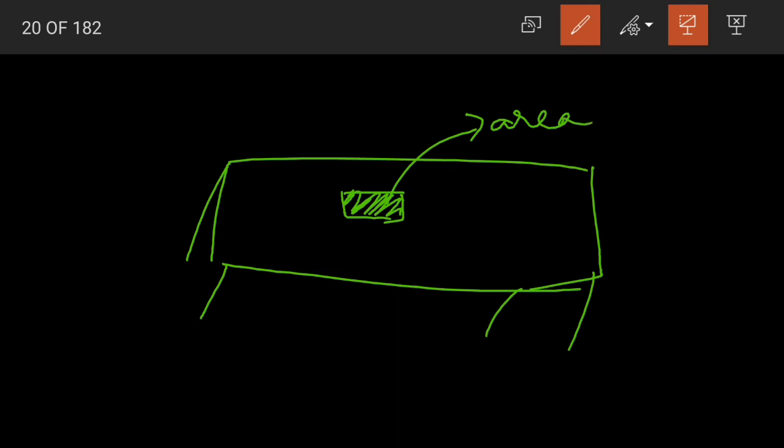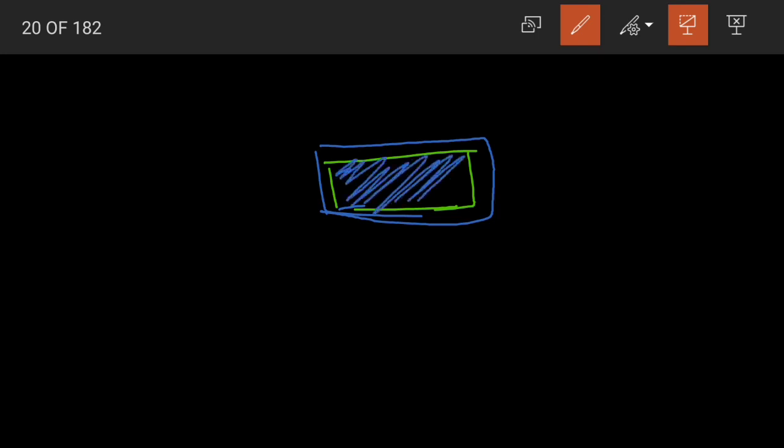See, even when I am talking also, what am I saying? This area is occupied. The word area means the place or the amount that the given object is occupying. For example, see, this is our eraser, right? What did we learn about perimeter? This bordering line. The bordering line is nothing but the perimeter of the given object. What about the area? Area means the space it is occupying. That means this inside part, the whole thing will be called as the area of the given object.